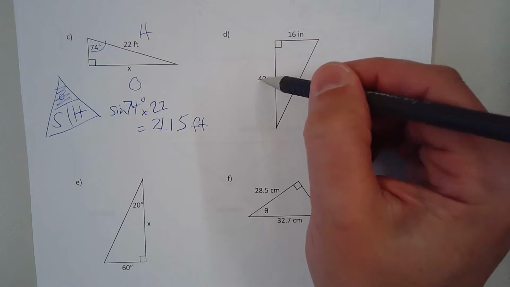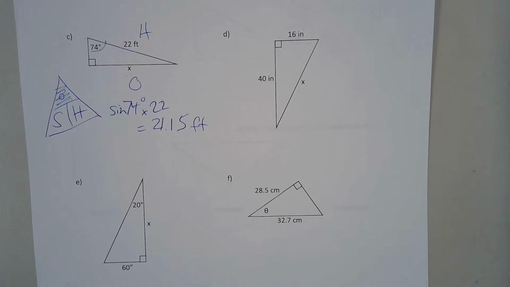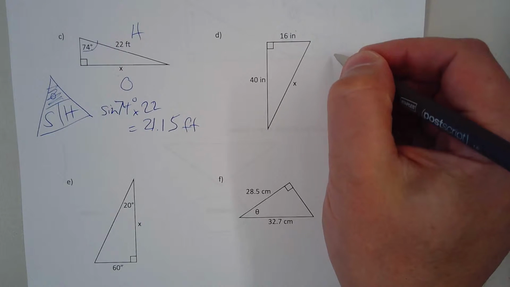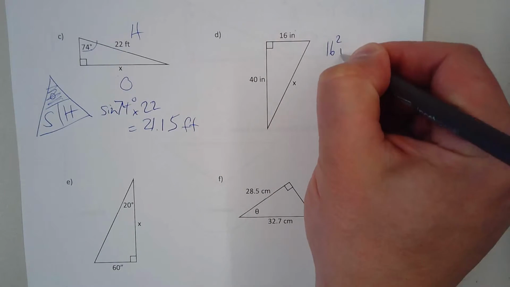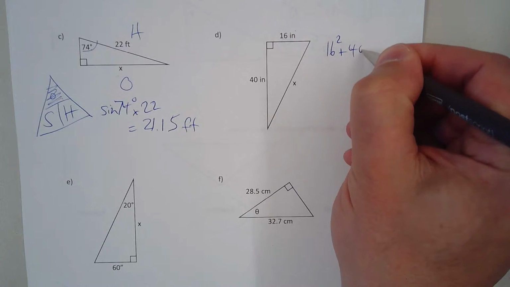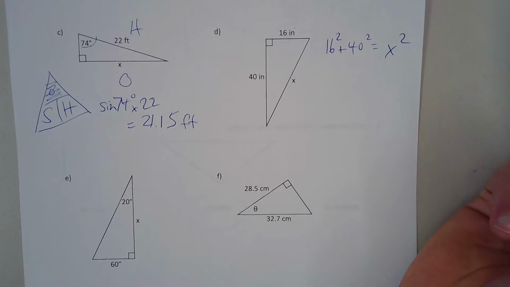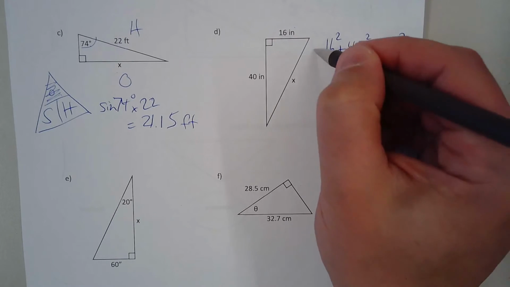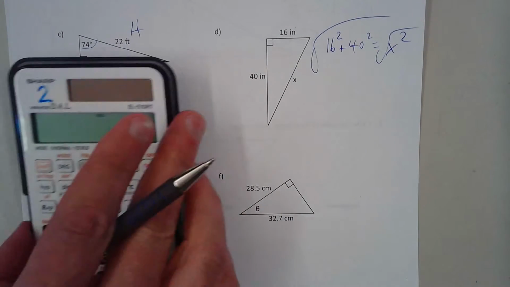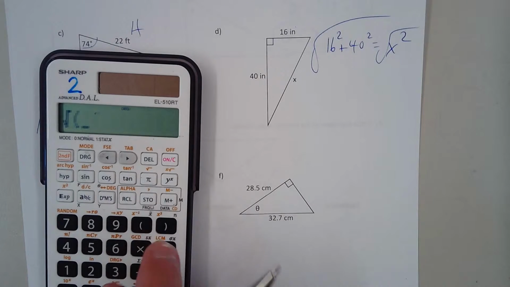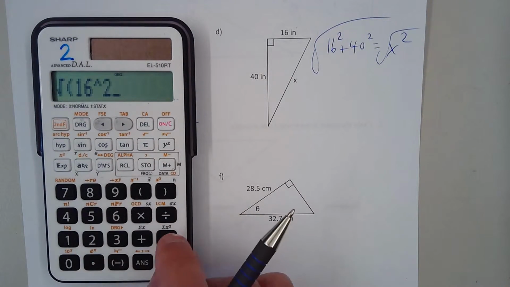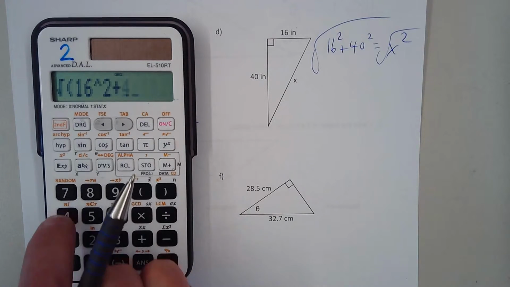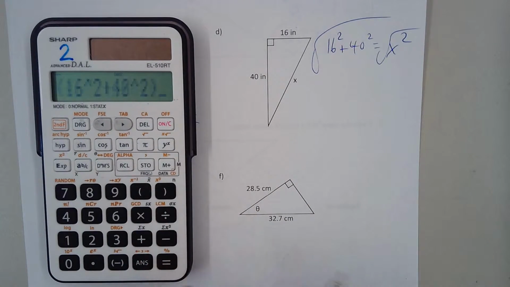Okay, so this one, there's three sides. There's no angle. You don't need to find the angle. We can use the Pythagorean theorem. I can just go that side squared plus that side squared equals x squared. If I want to find x, I'm just going to have to do this and then hit square root. I can do all this in one step in my calculator if I'm careful and use round brackets. 16 squared plus 40 squared equals